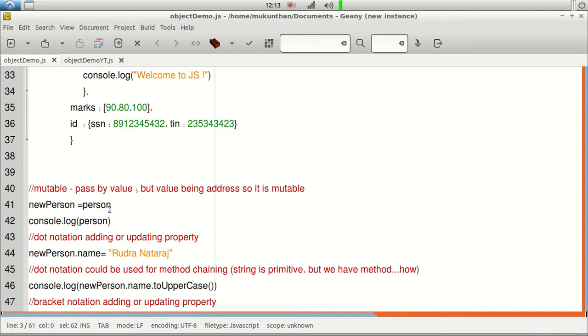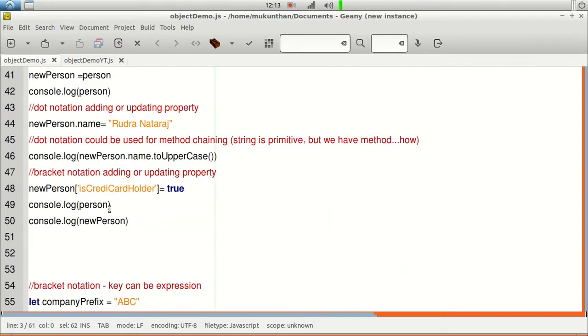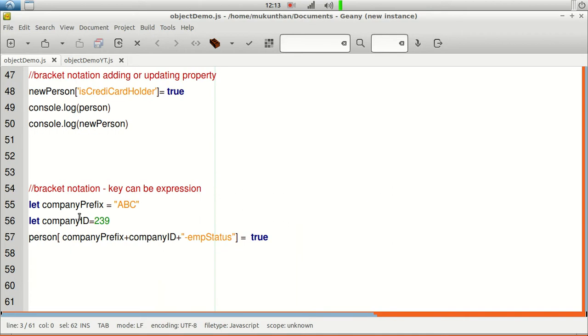Even though it is pass by value, we are still pointing to the same object because the value being copied is the address, not the value itself. That's the reason it is mutable. And we have seen the two ways of updating or creating a new property on an existing object: dot notation and square bracket notation. You go for dot notation for method chaining, and for bracket notation when you want to do some expression inside the key value pairs. So this is all about the object.